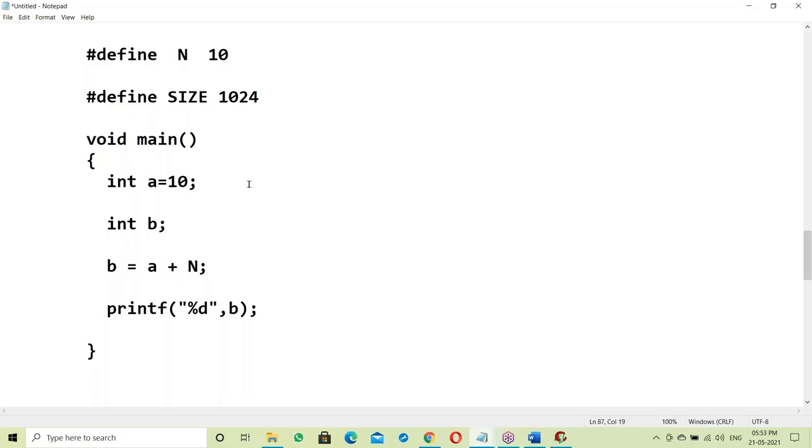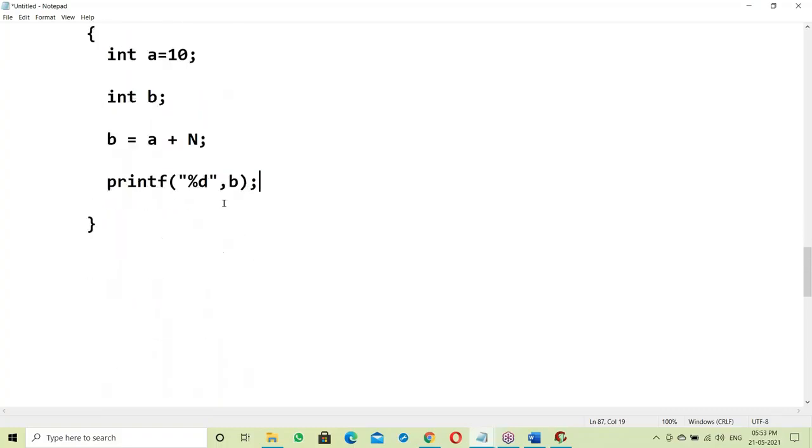What happens here? First, before going to compilation, the preprocessor will be working. First the preprocessor, before compiling this program. One second. Here I'm using the terminology compiler and preprocessor.